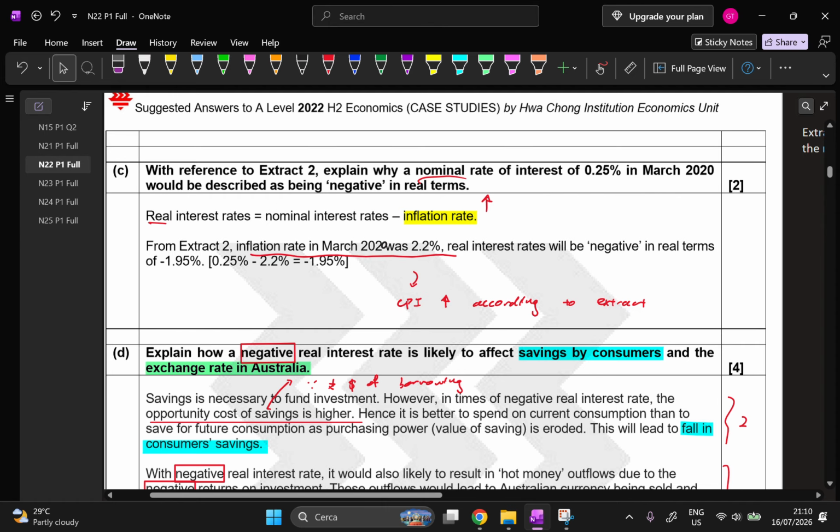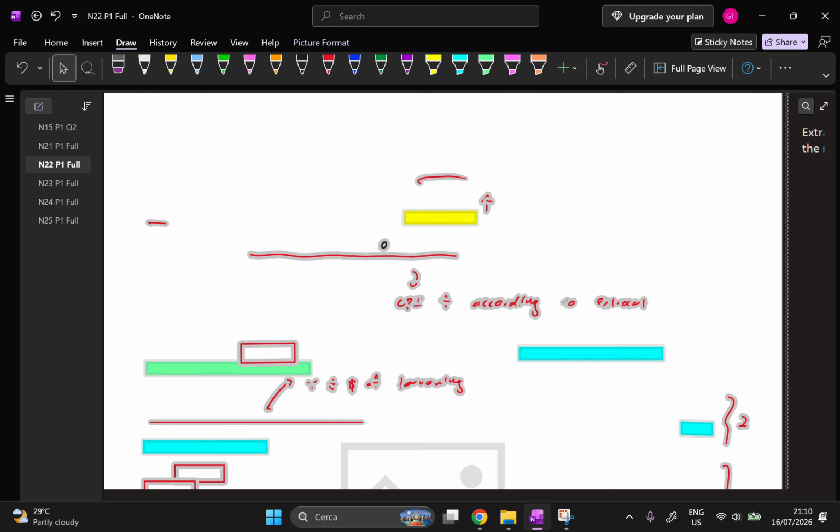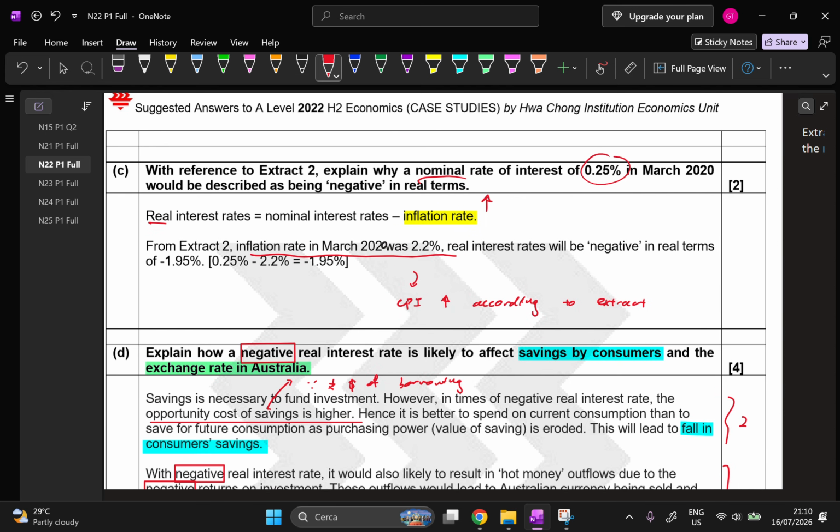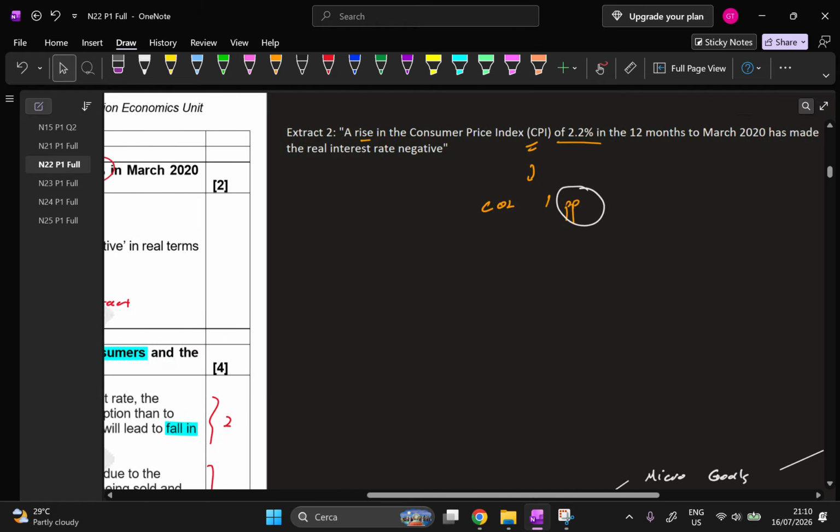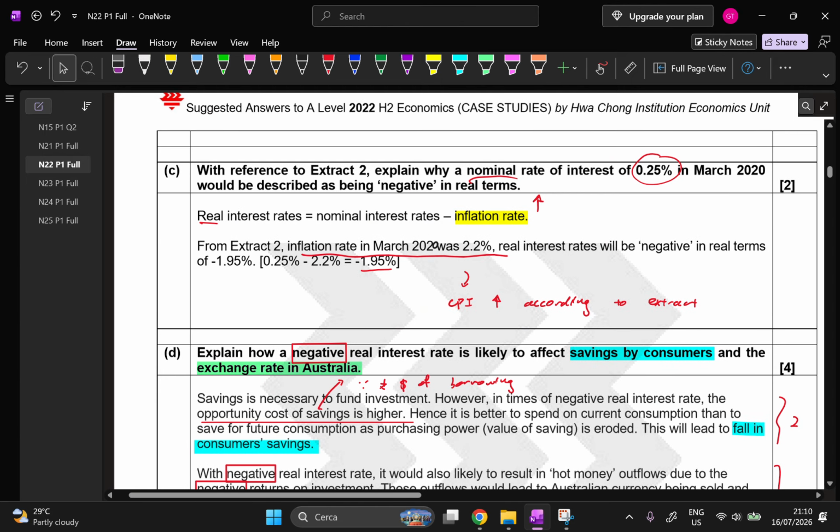Anyway, because the inflation rate is high, if this thing increases but my nominal interest rate stays the same, this thing has not changed. My nominal interest rate is still the same. That's why my real interest rate, if it is 0.25% and then my inflation rate is greater than 0.25%, then of course 0.25 minus 2.2 is negative lah, minus 1.95%. Okay, so yeah, this is how you link consumer price index to inflation, just to clarify this,